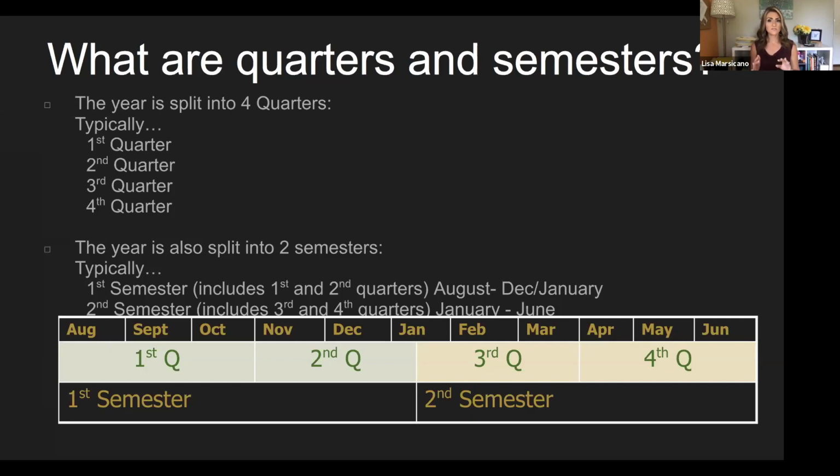Quarters and semesters is something I think a lot of the junior highs are on trimesters now. Most of the high schools are on quarters or semesters. So if you look down at the bottom of the screen, it kind of just shows you the year is split in half, typically speaking. I know different schools vary. And then that half a year is split then into quarters. And your main grade is made up of a first semester grade and a second semester grade.